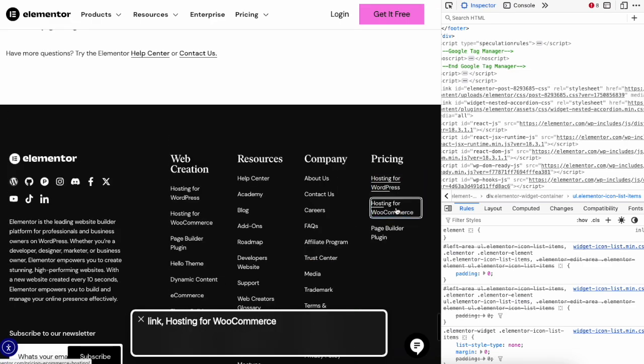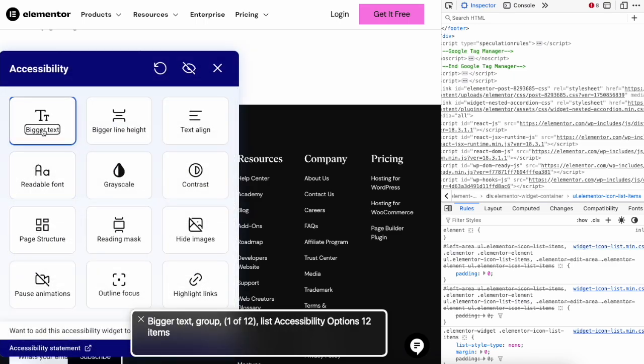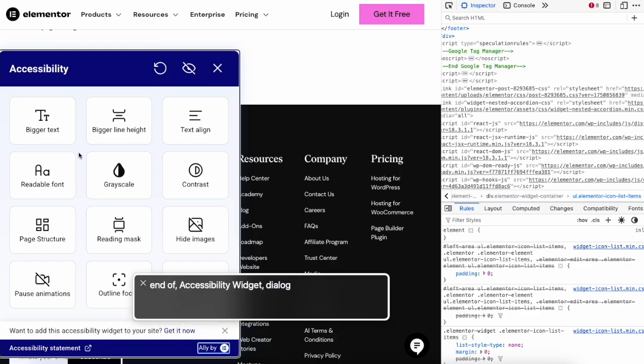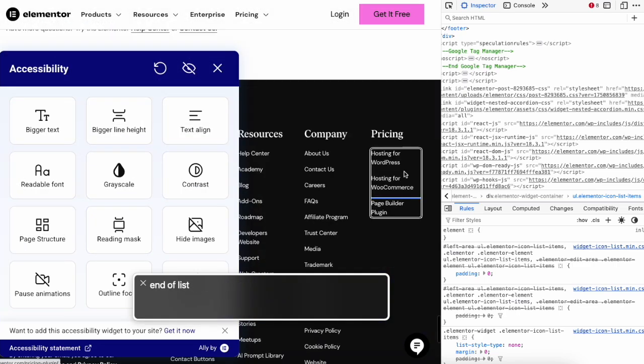And then because none of these are headings, I have to go through each and every item here to finally get to the end of the footer so I can finally get to the accessibility widget that they've been talking about. The first thing I'm focused on is the first item in the list rather than the options at the top of the widget. And my focus isn't trapped in here either, which could probably be argued is fine since it's not a pop-up, but it does cover almost my whole screen, and I'd have to recognize that I had gone past the overlay widget to know that I needed to go back and close it.